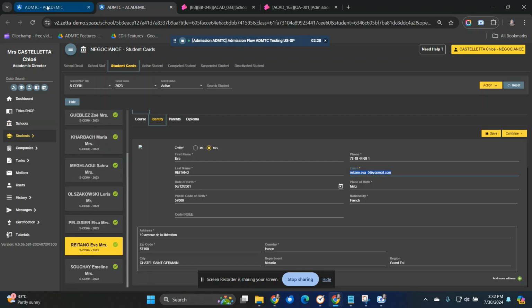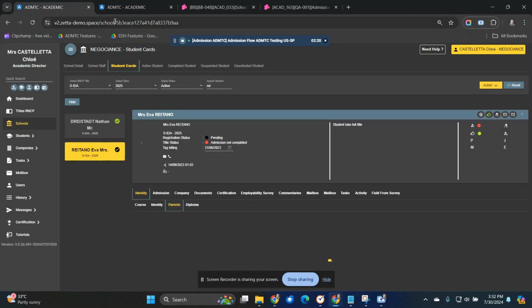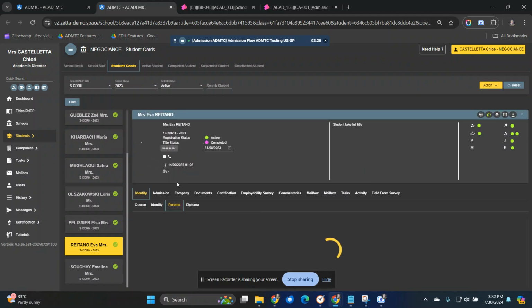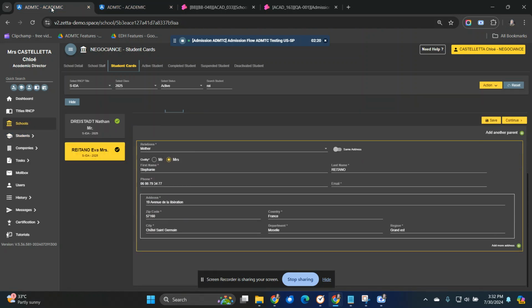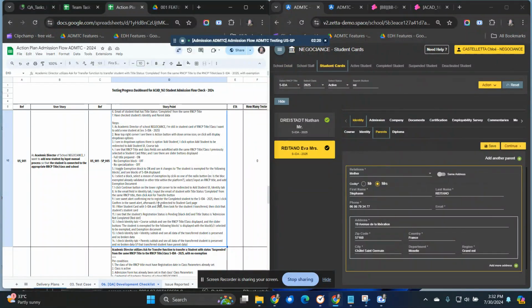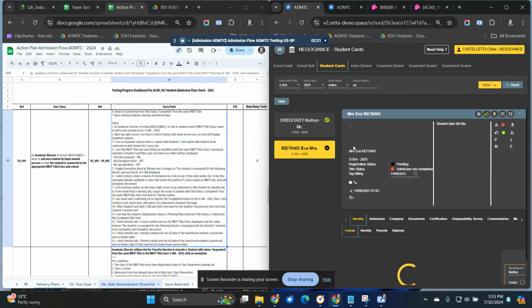Okay, but the problem is when I check the course, it does not match what I added before. Okay, in the user story 1 story.005, I check identity tab, course subtab, and see the RSVP title class displayed, and the slider button the student is exempt for the following blocks is displayed with the blocks I selected to be exempt and exemption document, but there is now the student is exemption of the following blocks in the identity course.